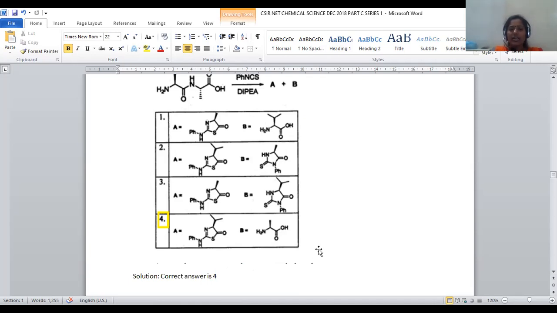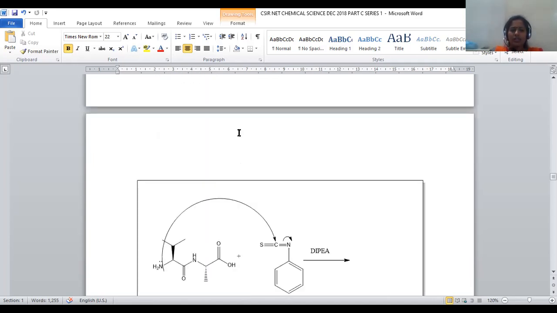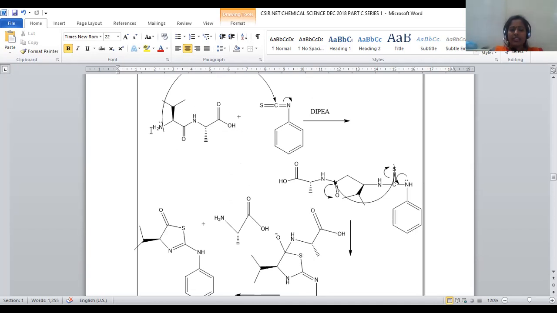Let us see the entire detailed mechanism for this reaction in order to get the 2 products A and B, and how alanine will be formed as one of the products. Question 84. Initially, we are taking this dipeptide having an isopropyl side chain in one amino acid and a methyl side chain in the second amino acid. Now, the lone pair of electrons present on the N-terminal end of the dipeptide will attack the carbonylic center. Here, phenyl